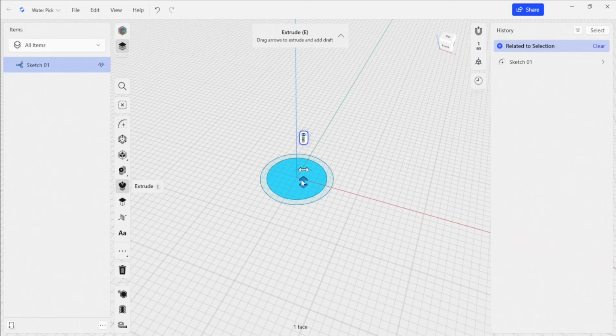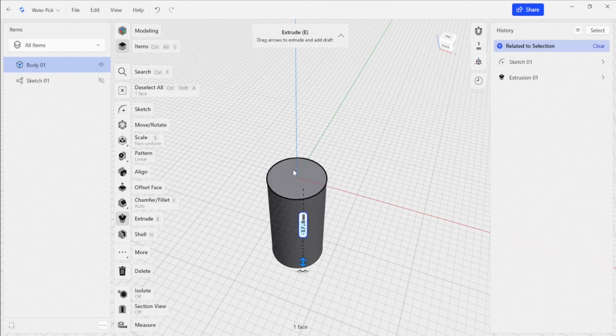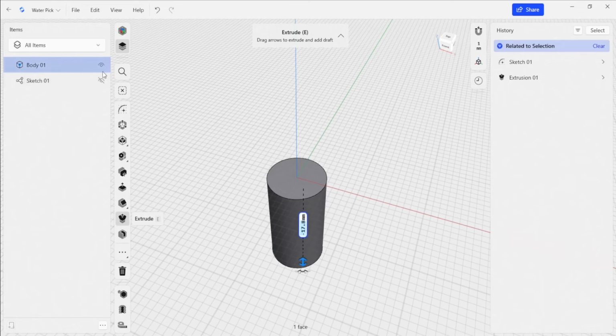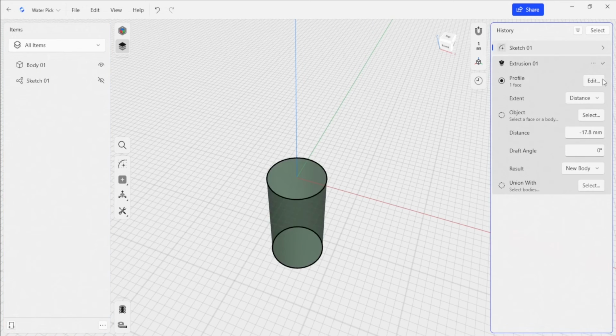So the first thing I'm going to do is just a quick extrude, and I'm going to extrude this downward. I'm kind of arbitrarily picking these things. I don't really have anything that I'm making quite yet, but we'll get into dimensioning in the next video. So automatically you see that we're building these items here. So our first body is the cylinder here. We also have our sketch that automatically hid out of the way. If we wanted to bring it back, we can click on this little eyeball. And on the right hand side in our history, you can see that we're populating those elements. So I can open these and start to edit those features individually.